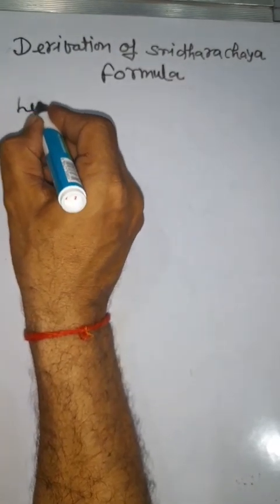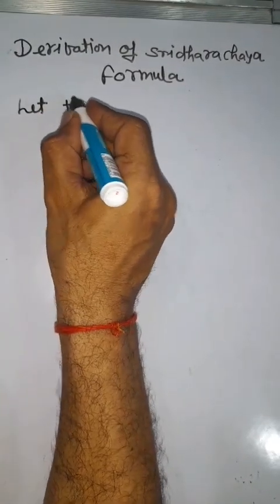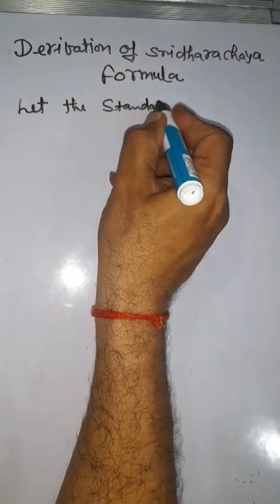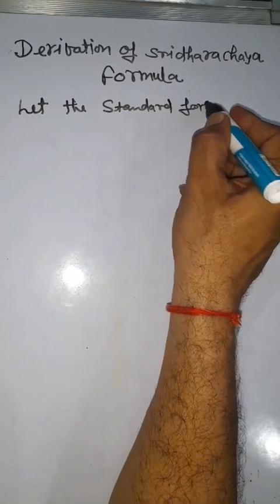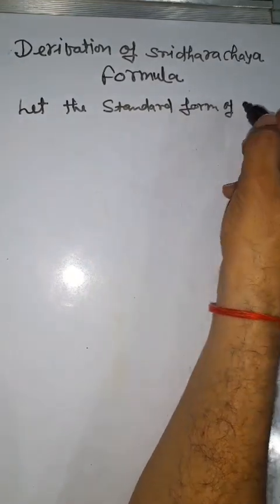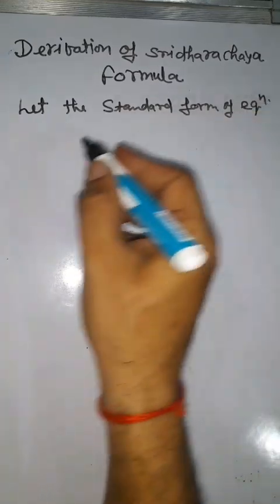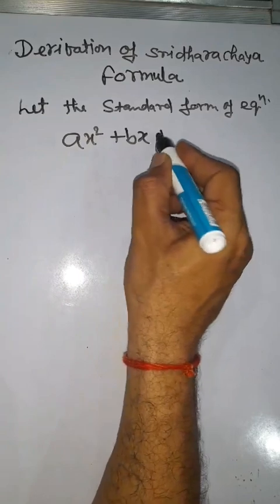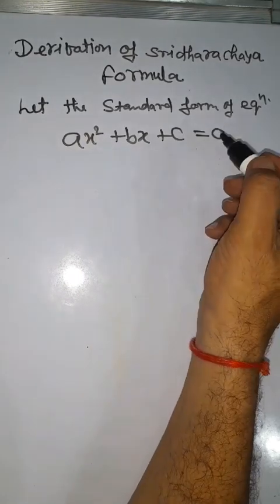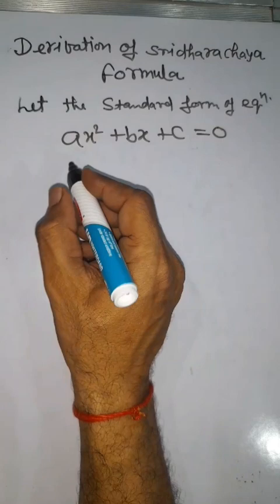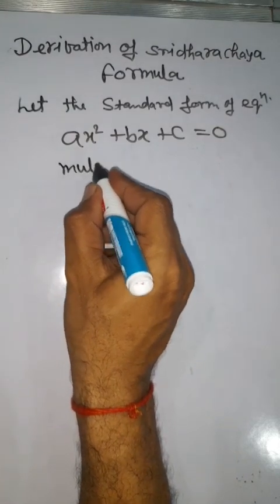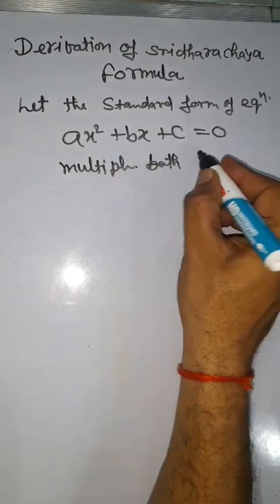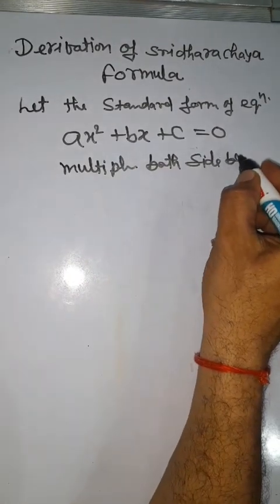Let the standard form of equation ax square plus bx plus c equal to 0. Multiplying both sides by 4a,